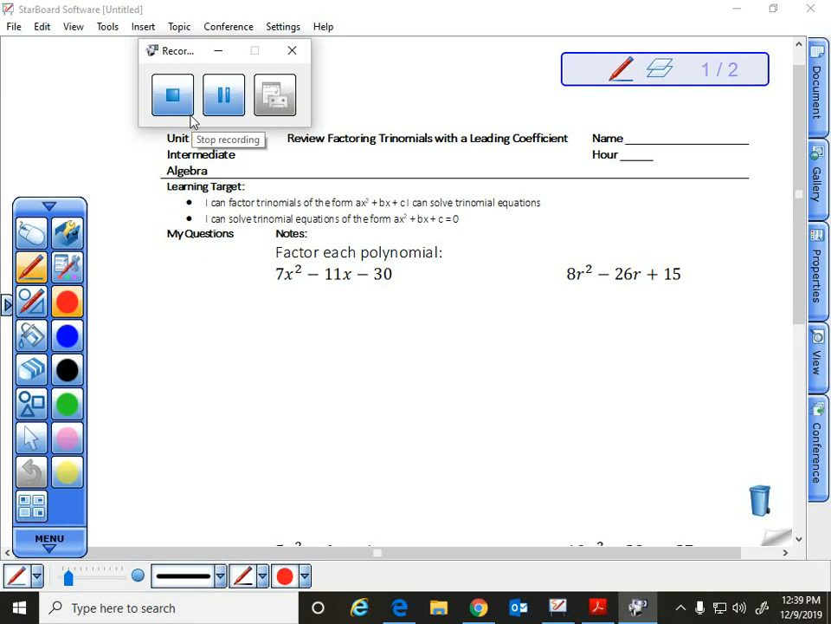Unit 6, Day 18, we're going to review factoring trinomials with a leading coefficient. Your learning targets are up on the screen. Let's jump into this right away because it's going to take a while. Alright, so let's remember that we have